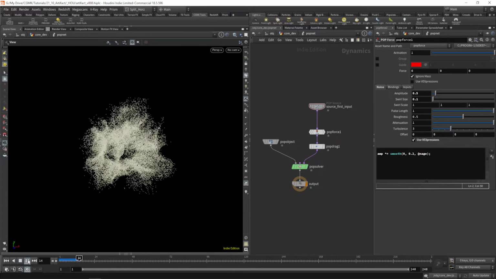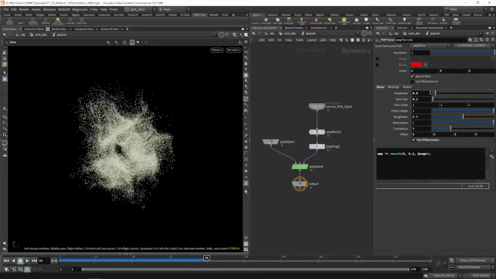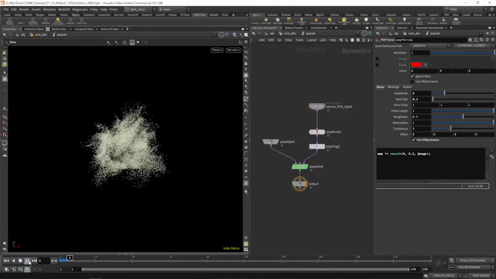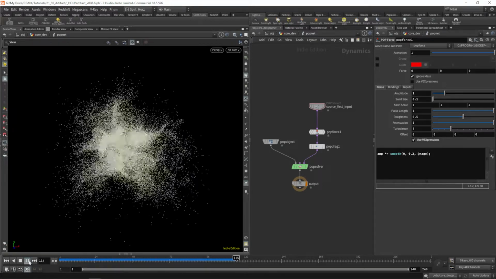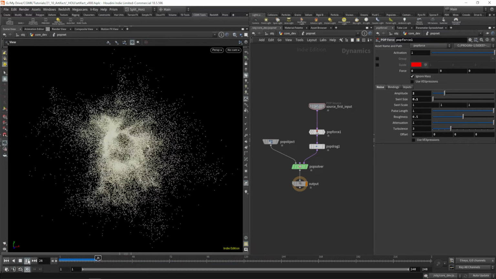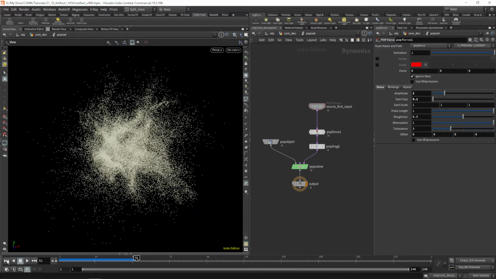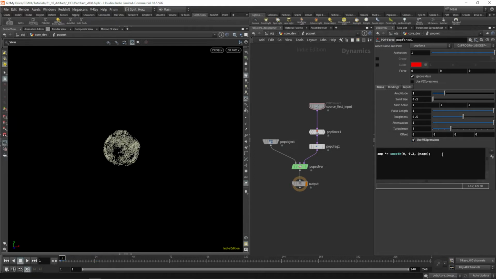I don't think we'll be able to distinguish it that much. Maybe we would have to go a bit more extreme on the amplitude to actually be able to see the difference. So this is what we have with the VEX expression. And this is what we have without the VEX expression. So I can't really notice much on this, but we can actually use the same principle. Let me put this back to the value we had before,